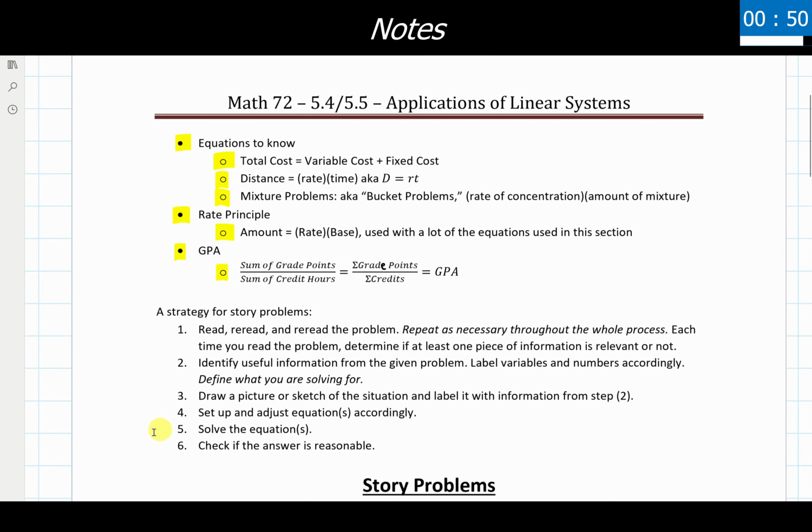Last but not least, make sure that you are checking to see if your answer is reasonable. For instance, let's say we had a mixture problem and we're mixing two things together. Does it make sense if I'm getting to a final answer that has one of them positive and the other negative? Does it make sense to have a negative amount of a liquid being added in with something else? No, it doesn't. So that would be our cue of, hey, something went wrong, I need to go back and double check my answer, my work, something along those lines in the problem.